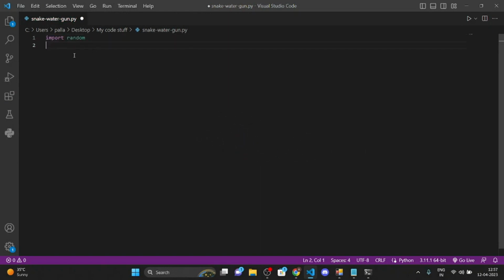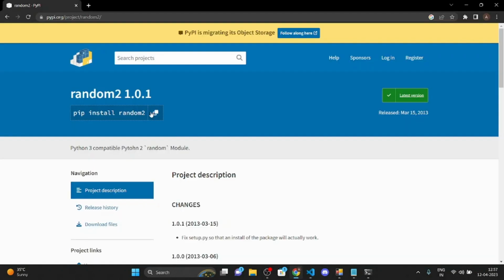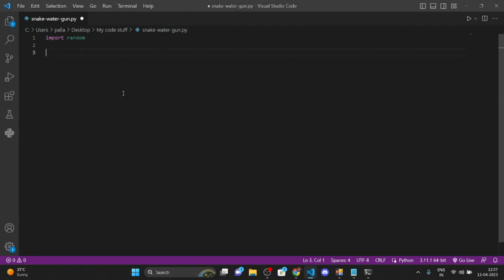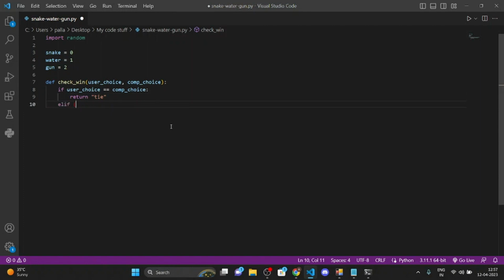So for this exercise, you have to import this random module, right? You can open your command prompt and write pip install random2 to install this module. After installing it, we will assign some variables and their values. Then we are going to make a def function, right? What this will do is check whether it's a tie, a win, or a loss,